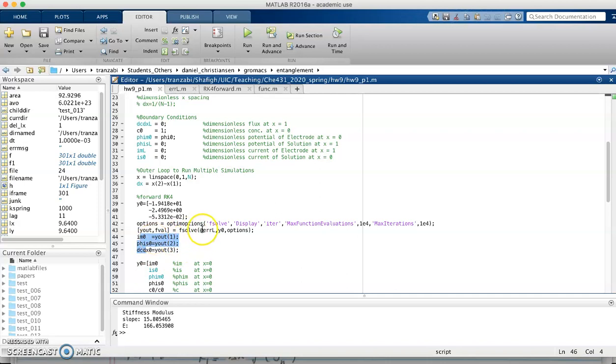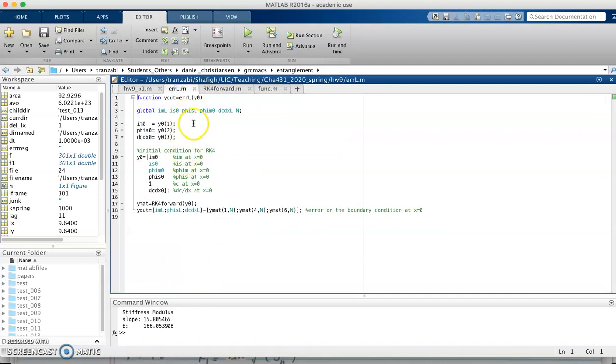So anyways, I'm going to call this error function, and this error function needs the unknown vector. So this error function requires the guesses that we make. So we come in with these 3 guesses, then we put the other 3 values that are given to us, which means the current in the solution at x equals 0, the potential in the matrix at x equals 0,